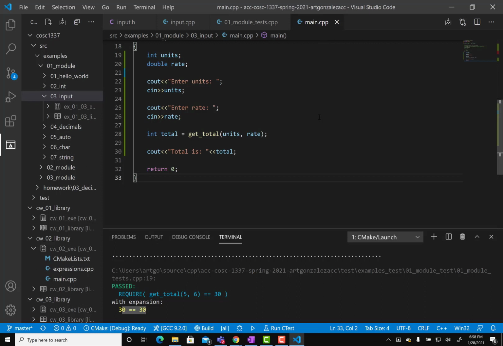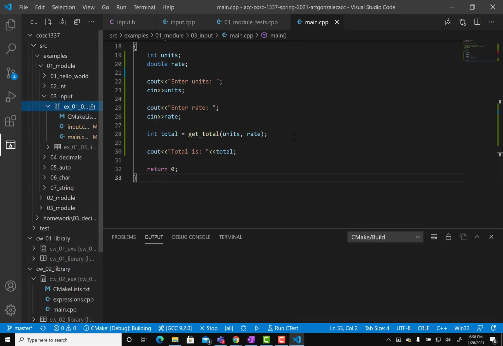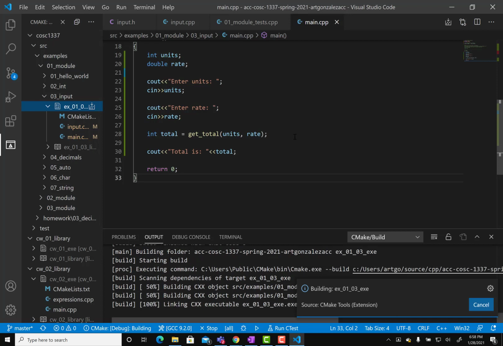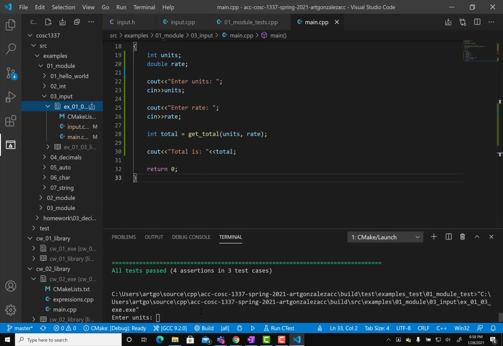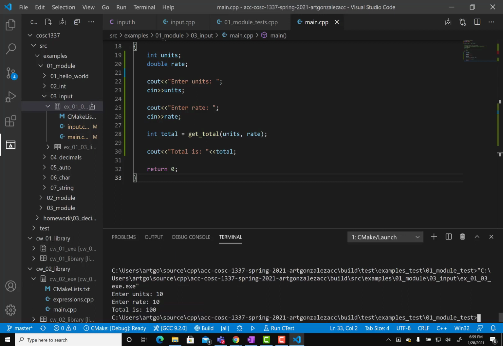I can help you in a little bit. Okay, so let me just finish this. So run in terminal. Scroll down. Enter units, right? Enter units, 10. Enter rate, 10. Total is 100. So there's our